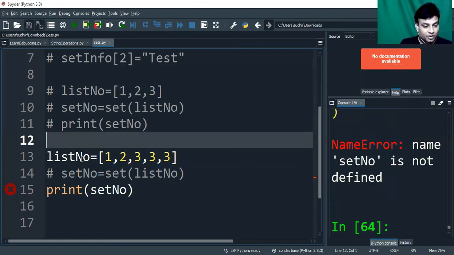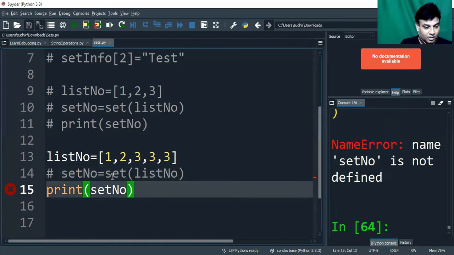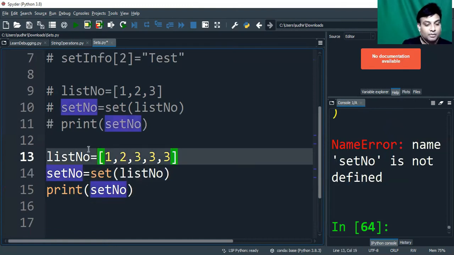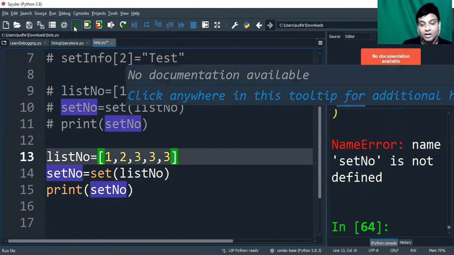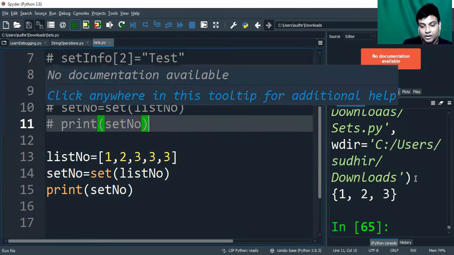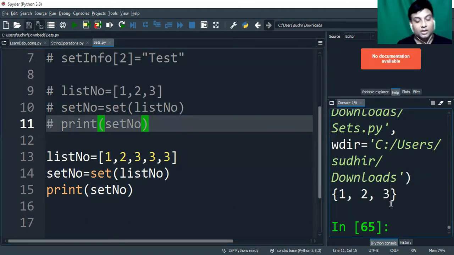Set number is not defined. Sorry, why did I comment this? There is no need to comment, because based on that only I have created a new set, right? So let's see how many times 3 came into the set in the output. Only once. So sets always consider unique values. Irrespective of how many times it is repeated, it will always consider a unique element.